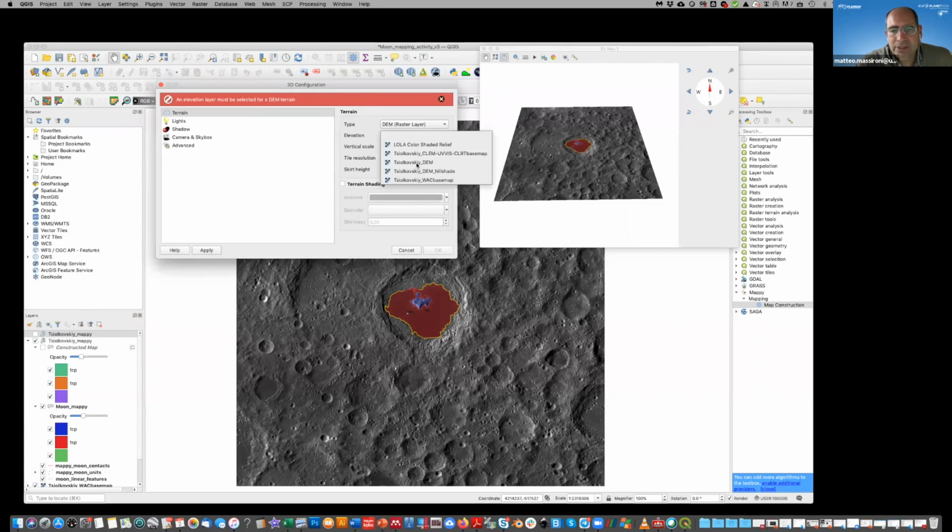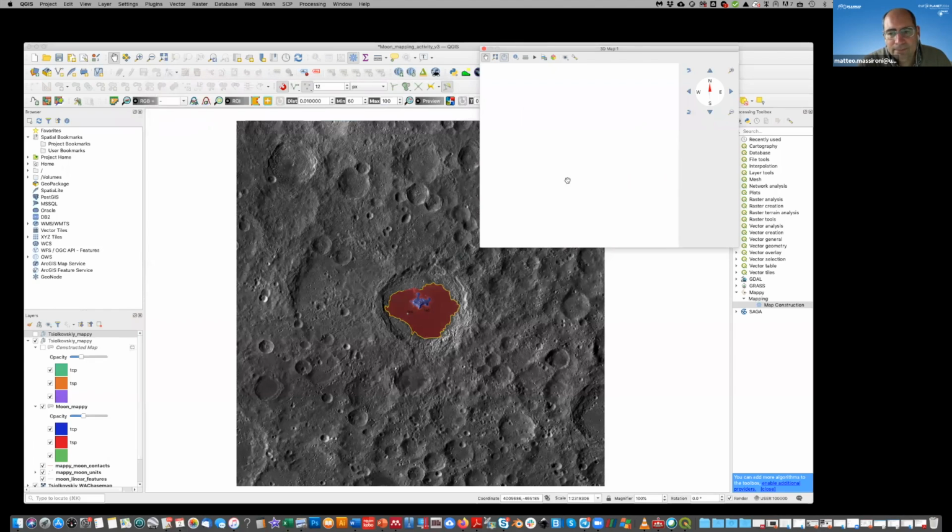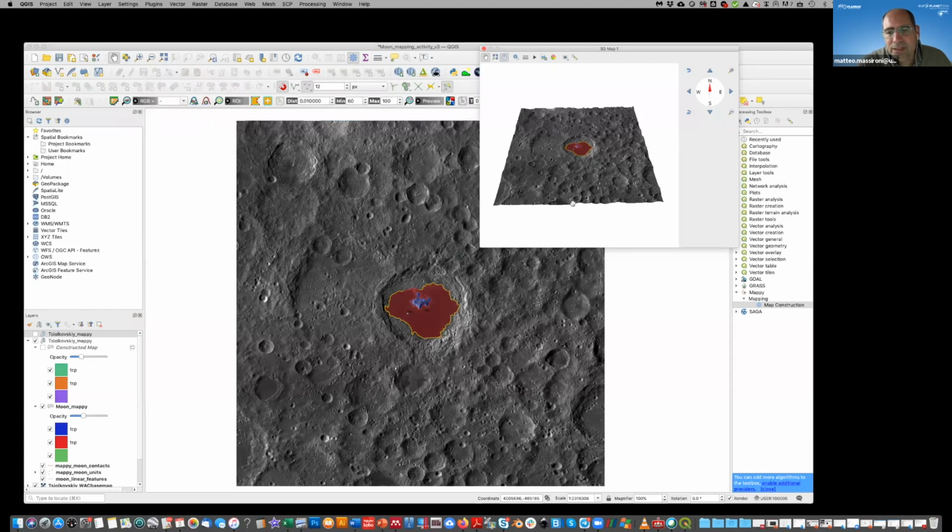So Sikorsky dam. Then it's better to exaggerate the vertical scale a bit, to 3. And in order not to see the tiles between the mosaics of the DTM, it's better to enhance the resolution here by one order. So you can have, OK. And then you can see here the